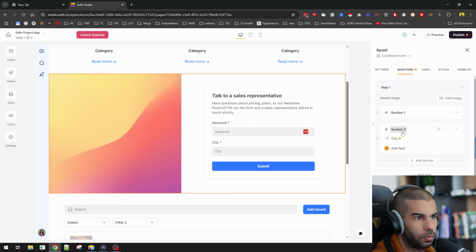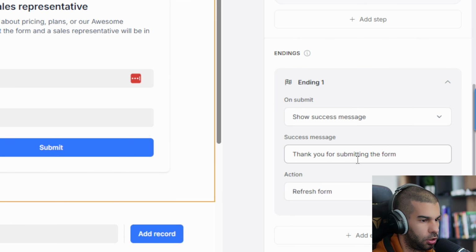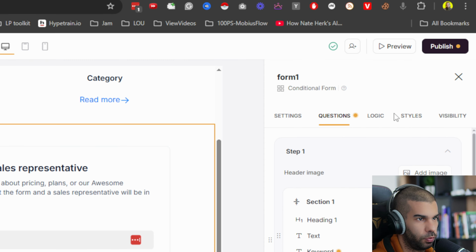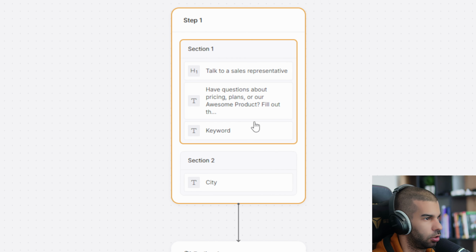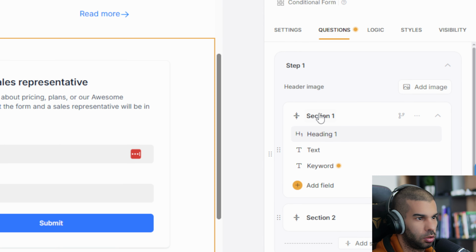And so section 1. So on submit, show success message: Thank you for submitting the form. So here we need to make a few changes. So we have the logic. Okay, just need to remove the additional stuff. We have the styles, we have the visibility. So for section 1,